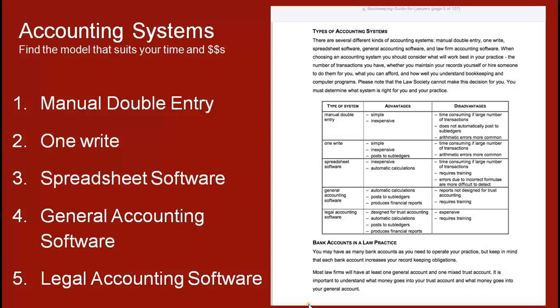So starting from the manual double entry system, which is simple and inexpensive but can be very time consuming, especially when you have to deal with a large number of transactions, and you are responsible to ensure the manual ledgering and subledgering of all those financial transactions, and also have the onus and the responsibility for any mathematical or arithmetic errors that there may be in the manual involvement. So starting with the manual double entry, to a slightly more expensive OneWrite system,